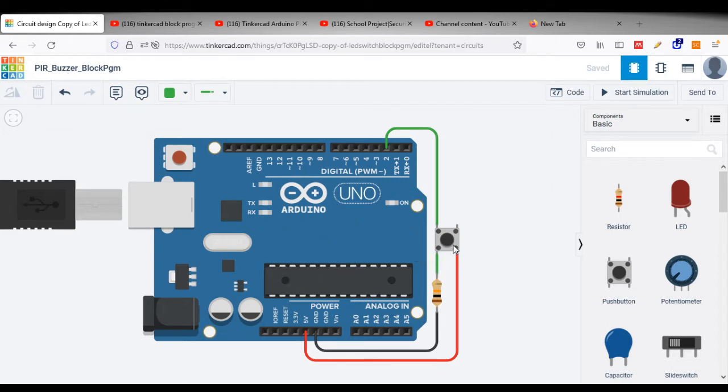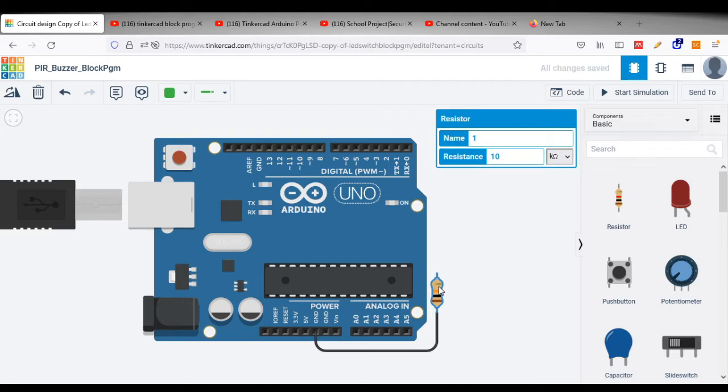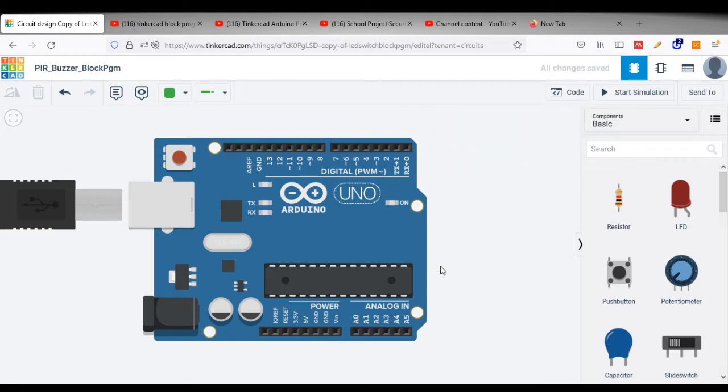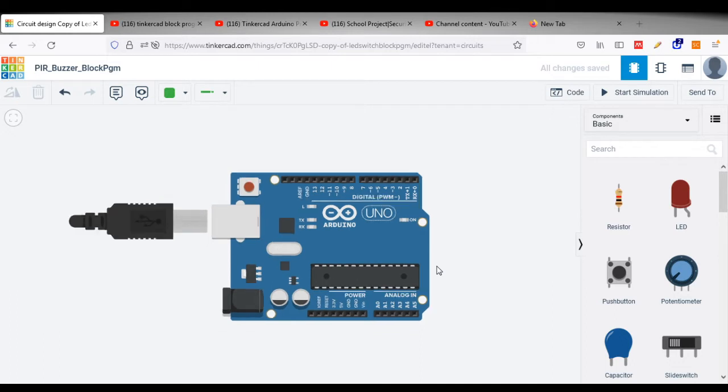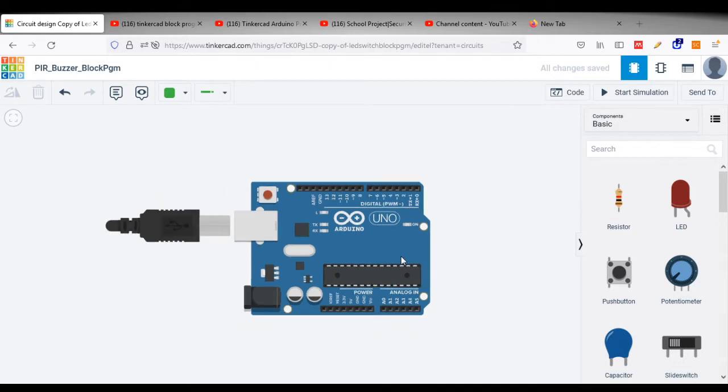So first of all I will delete the previous switch and LED components. You can click on the corresponding component you need to delete and you can press the delete button. So whichever component and wire you are selecting, that will be deleted. I am going to zoom out a little bit, so you can scroll the mouse button towards bottom portion so that I can make the connection easily. Now I am going to connect the